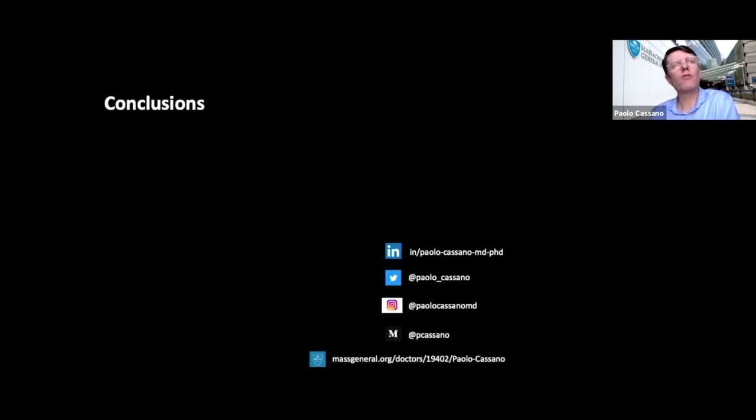Now, in conclusion, using computerized modeling with Monte Carlo simulation is promising. It's promising, as I mentioned before, to predict adequate dosing in research studies to avoid, hopefully, those catastrophic failures that we've seen in the stroke literature, and can be useful potentially also whenever we use this treatment, transcranial photobiomodulation,